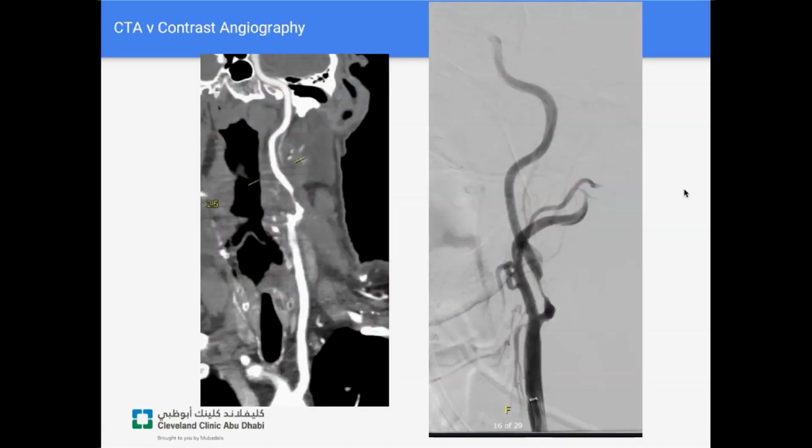You can see this in the same patient. The CT angiogram actually matches up very nicely with the contrast angiogram. The big difference is that you get much more anatomic detail with the CT angiogram, as you can see on the left side. Plus, you get some view to what the plaque is like, and that's actually a hot topic. And that plaque morphology and plaque metabolism may be a better guide to the riskiness of a plaque compared to merely just the degree of stenosis.